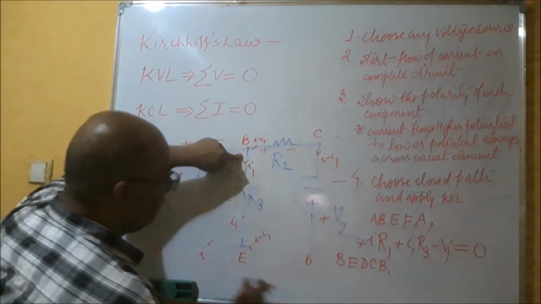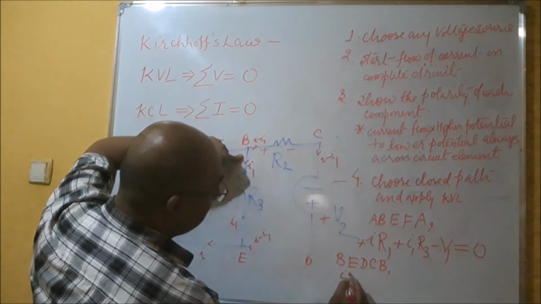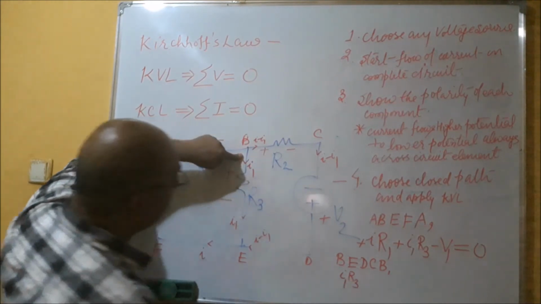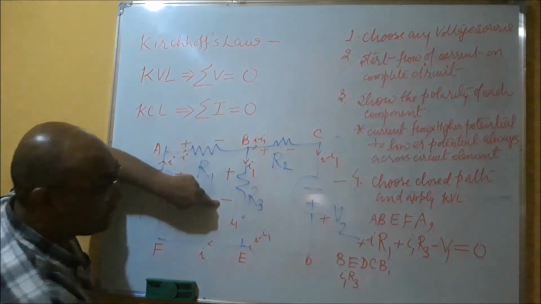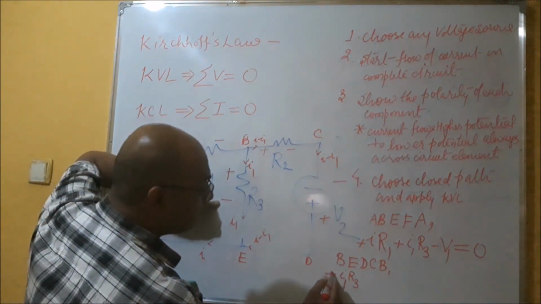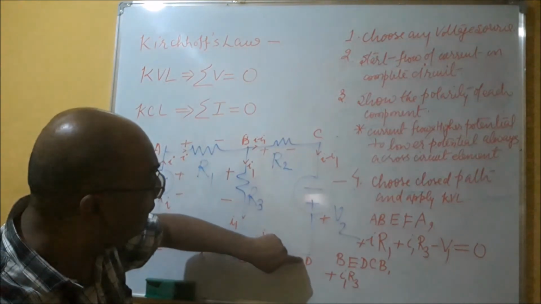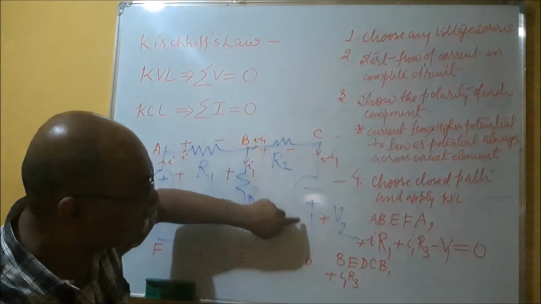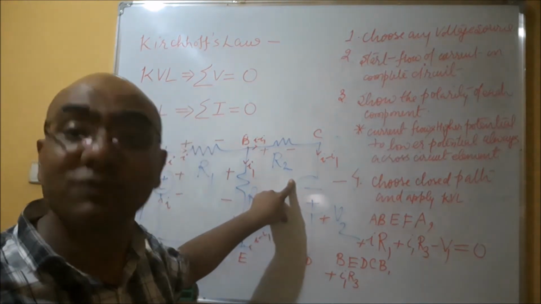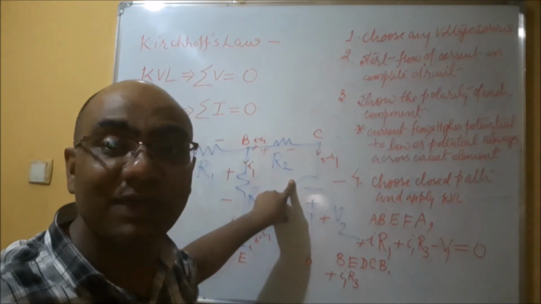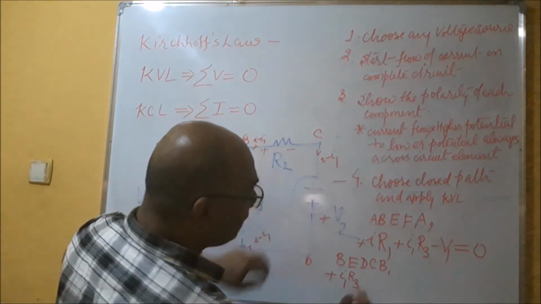So from B to E, the voltage is I1 R3. Now you see, I am moving like this, so I am moving from positive to negative. So what would be its value? Positive. Now E to D, nothing. D to C, voltage source. So the voltage source value is the voltage source value. And what is the voltage source value? V2. And we are moving from positive to negative, so this is